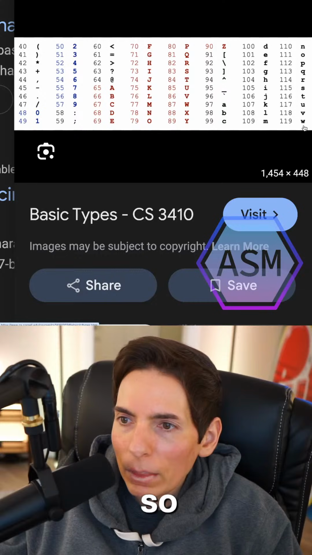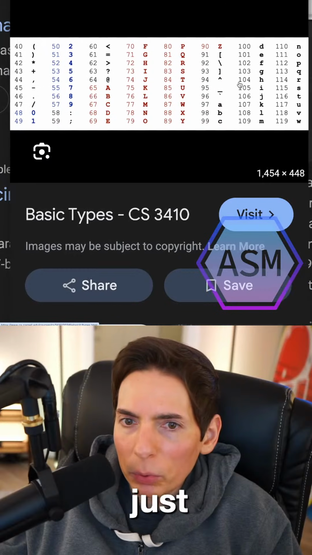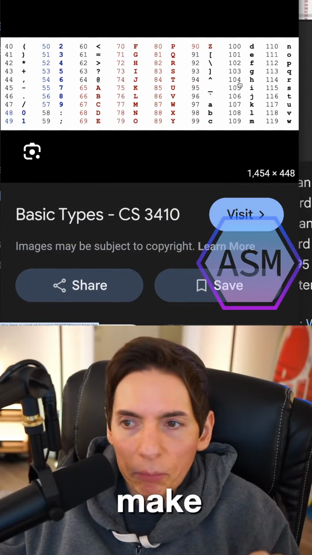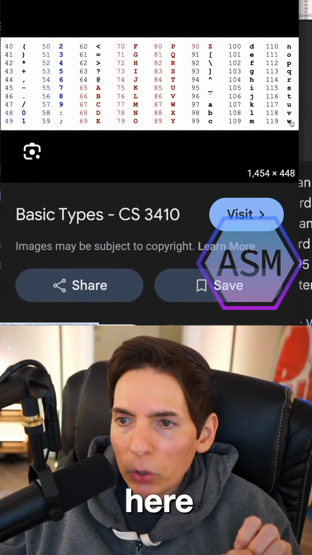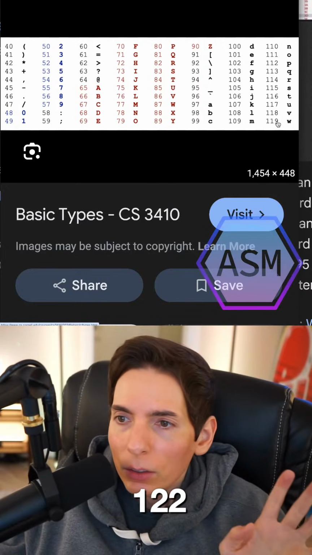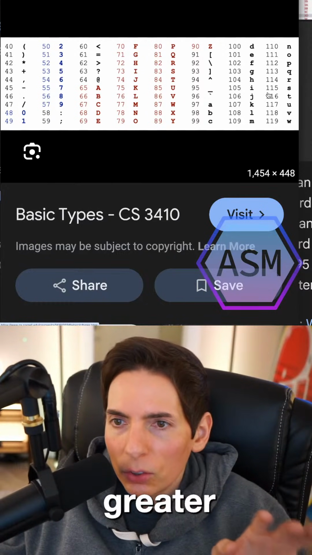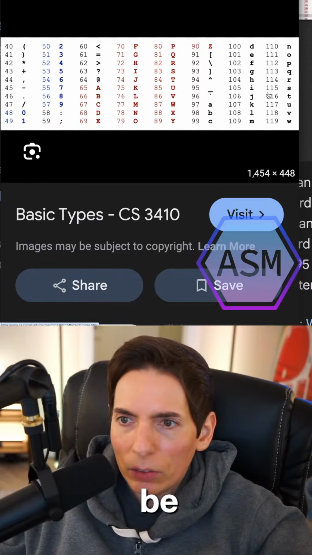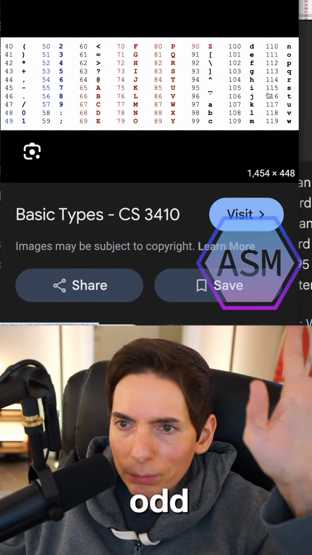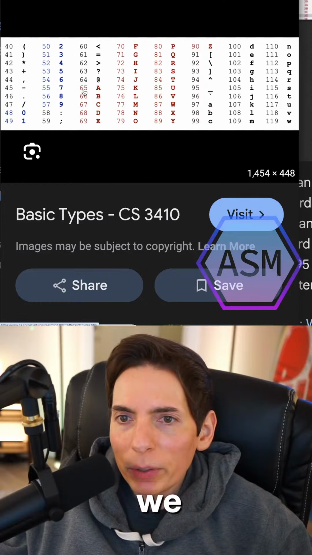Okay, so where's Z at? I see W. I'm going to assume it's just not visible on this table because they've truncated it to make it look pretty. So Z is up here, W X Y Z. So 122, right? If it's greater than this, which it shouldn't be, this is very odd. It should never happen. I feel like what we need to be doing is checking if it's,